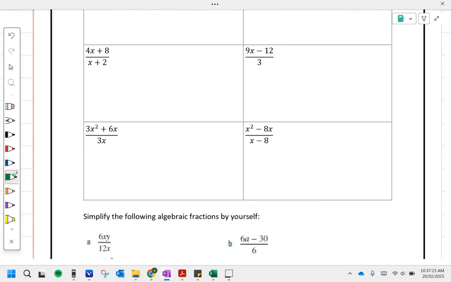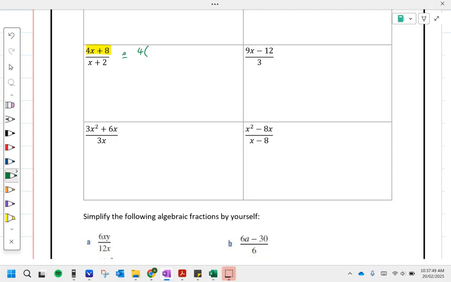Unfortunately, the top is not factorized. Neither is the bottom because of these plus signs. Okay, we've got 4 times x plus 8, not times 8. We've got x plus 2. So we need to ask ourselves, can we factorize the top? What's the highest common factor we can factorize? Well, we can take out a 4,